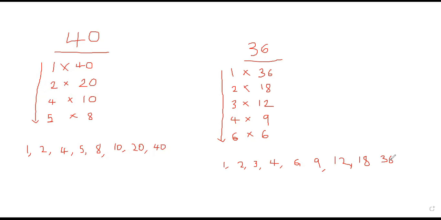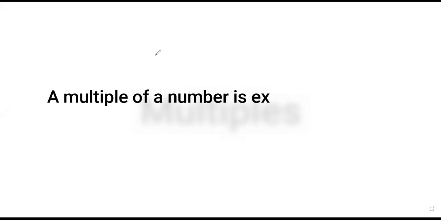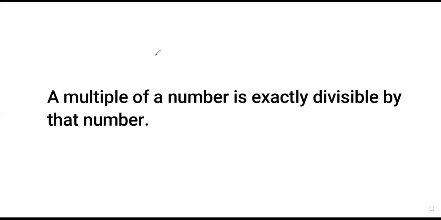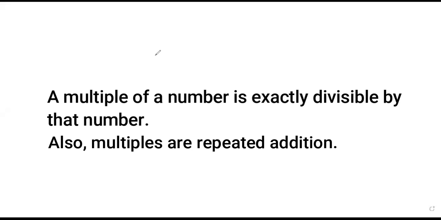So these are factors of 36. It is very simple. Multiples. A multiple of a number is exactly divisible by that number. In a simple sense, we would say a multiple is a repeated addition. So when you repeatedly add a number to itself, it keeps giving you the multiple